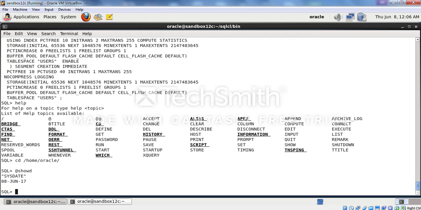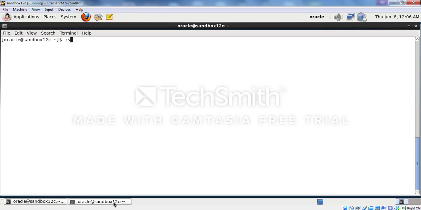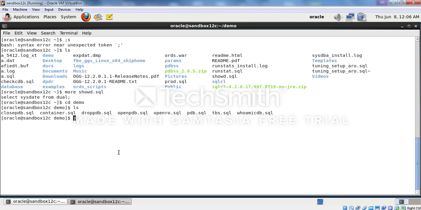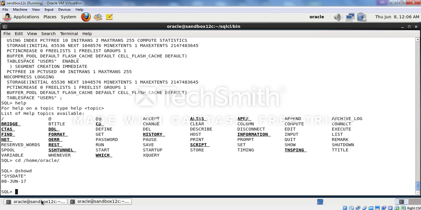And you can see this command is now working, and we can see that this command is available to us over here, and I think more show d.sql. So we have got the command available to us. And now let's do one thing, and let's go to a different folder, which is the demo folder we have over here. And we have a command here called, for example, tbs, which is just a command to show you the tablespaces information, but it is not in the same folder that we are in right now. So let's go to that particular folder,